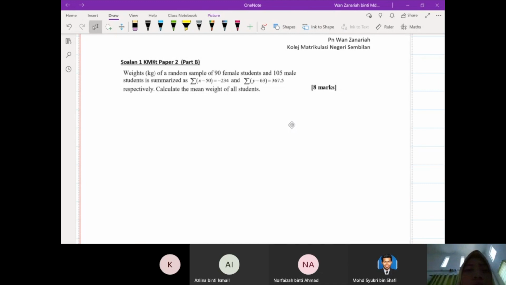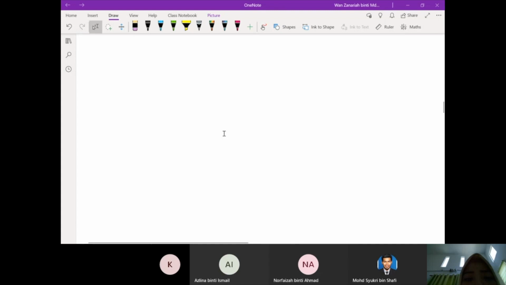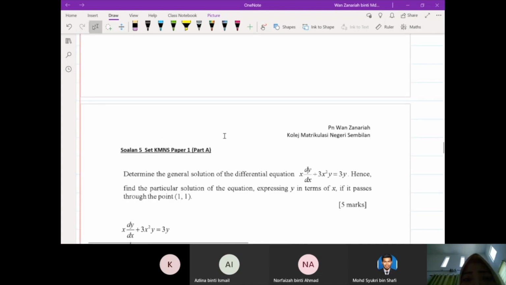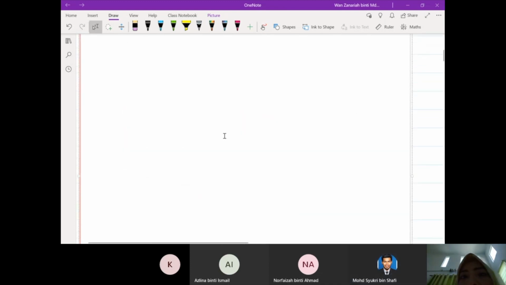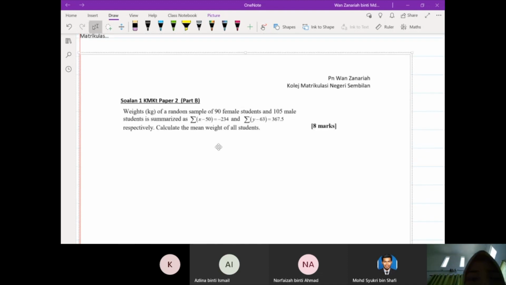And good evening. Okay, today we are going to discuss a few questions regarding the most asked questions by the students during the restriction movement period. I have selected a few questions from different colleges. Okay, we will go through one by one. First of all, we will start with this question from paper 2,